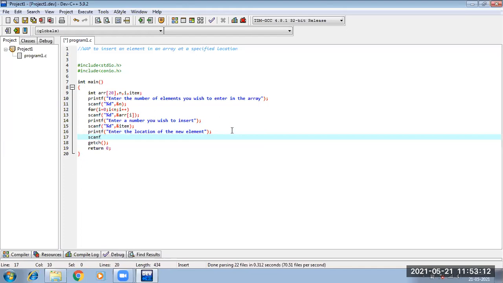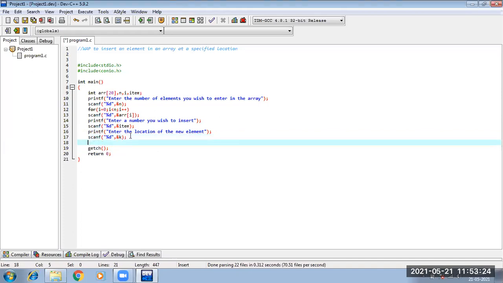So here also let us take it at k so that you can relate. So my location should always be integer. So ampersand k. Here also, since I have used one new variable, I need to define that.